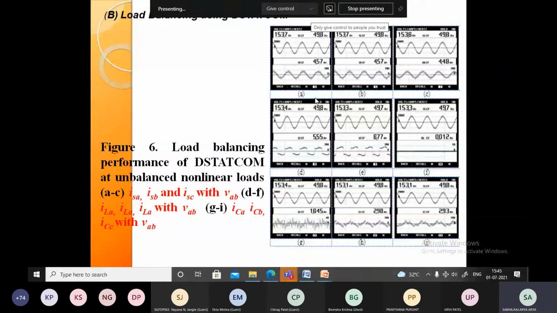After that, you can see the meaning of unbalancing. Two phases have load current while the third phase has zero load current, but the supply current in all three phases is near 4.5%. This means we have maintained balanced sinusoidal current. This is the phenomenon of load balancing. At the same time, you can see the compensating currents. How is our converter going to compensate and generate the required current?